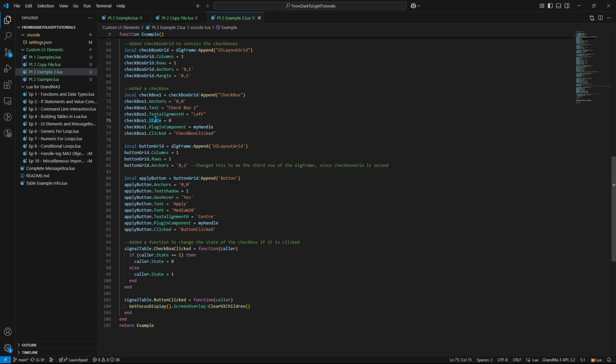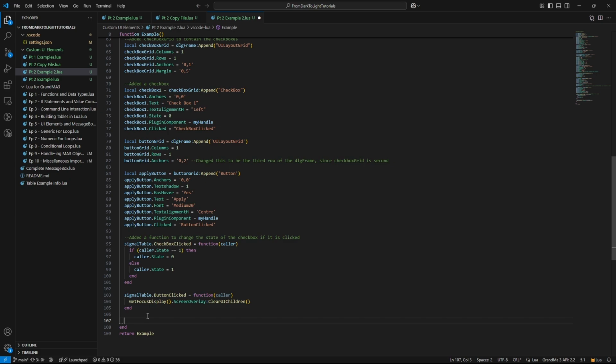But let's start here. A really important note to make is that if I place code to check the state, just at the end of the plugin down here, maybe go if checkbox1.state equals 0, that kind of thing, then it's going to go through all of this code, put the UI element on the screen, and then run that code and check this state before the users had a chance to interact with the object. So it's going to show me the state that was there when I first ran the plugin, not after I changed it. So how do I make sure it doesn't check the state until I close the pop-up?